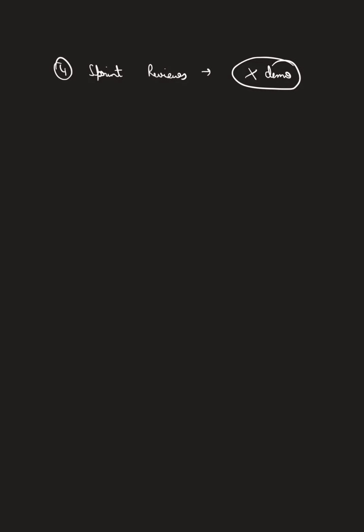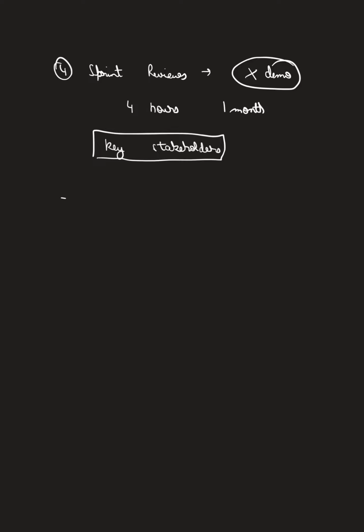Okay. And coming to time boxing, it is 4 hours for a 1 month sprint. For sprints lesser than 1 month, it is usually shorter. I hope that you will keep this in mind. Another thing to keep in mind is that key stakeholders can participate in this meeting. Key stakeholders are like business associates or any other people who would like to attend. Those who are associated with the sprint or with the product can attend this meeting.